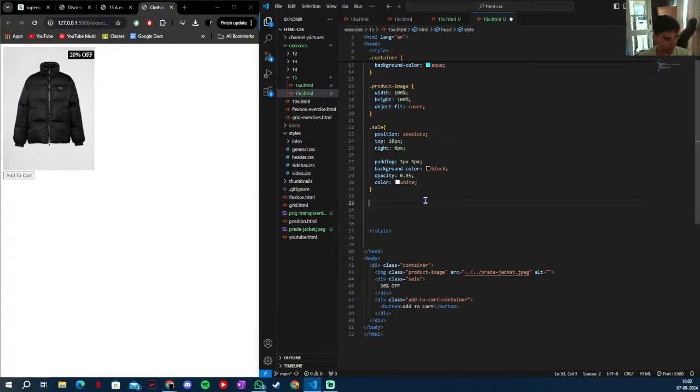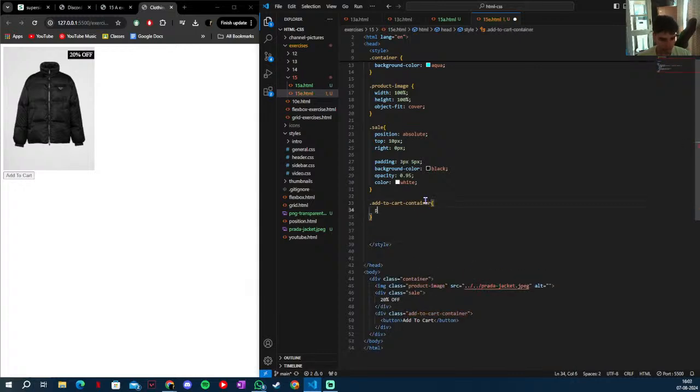So we need the and then we do position as absolute, and then